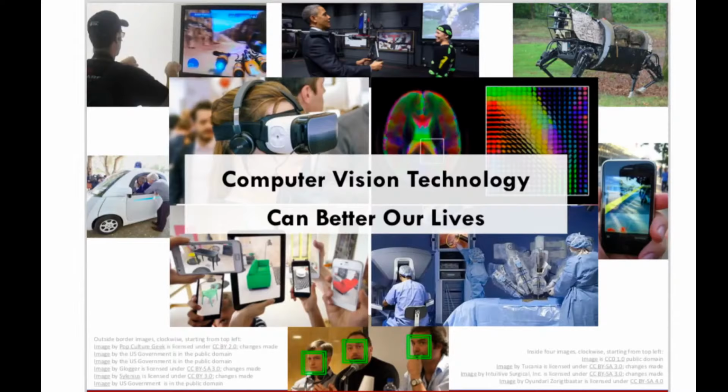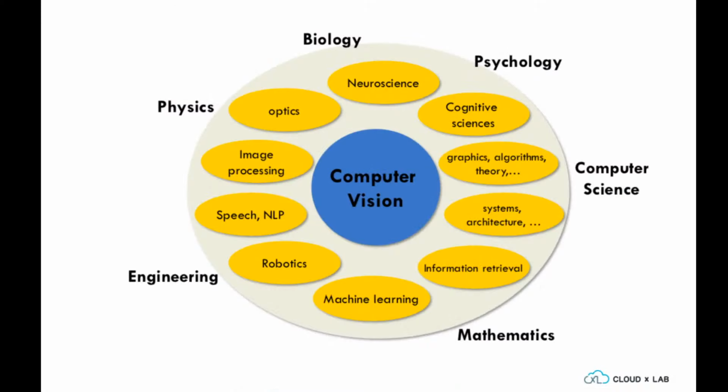Computer vision technology is bettering our lives. There are lots of applications of computer vision across a lot of fields: mathematics, psychology, biology, physics, engineering, computer science. It's really exploding right now, because it just became feasible. Suddenly people are realizing, hey, I can get the computer to do so much more, and I can take people out of the equation. By putting the computer there for tasks which usually required people, the computer is able to perform better.